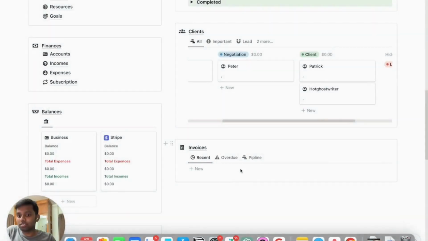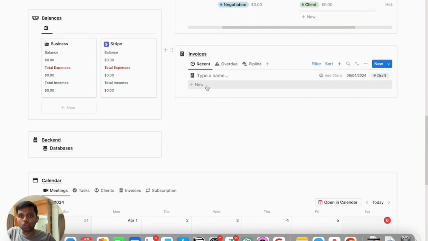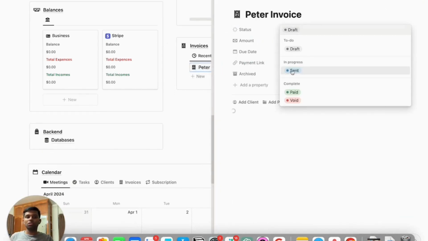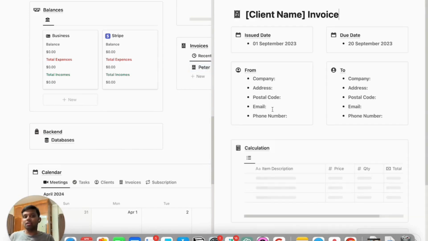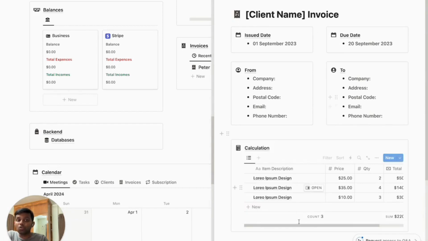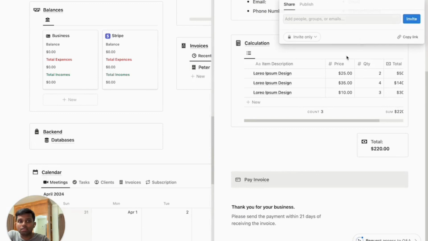The magic of this dashboard does not end here. There's more. As a freelancer, you might need to send invoices, and that's a pretty common thing that you might need to do. So you just create an invoice over here, Peter invoice. You just open it. You can add what status it is at, and then you can enter it. Now you have an invoice template that's already ready. You just have to fill in the details, and you can just send it